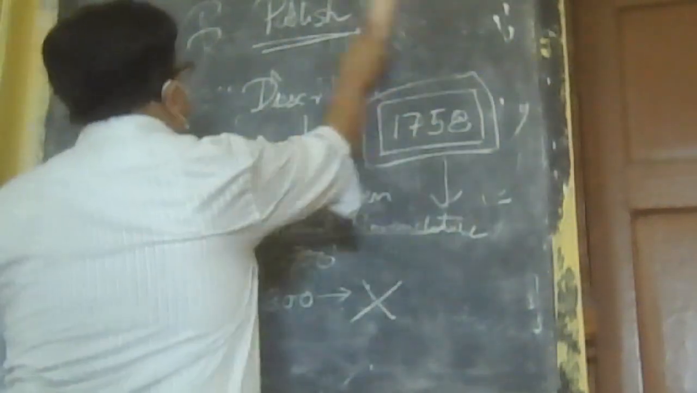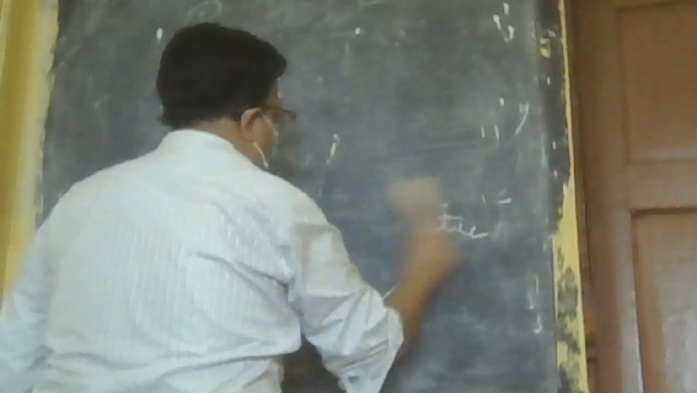This is the principle of priority. This is the first rule. The next rule is the